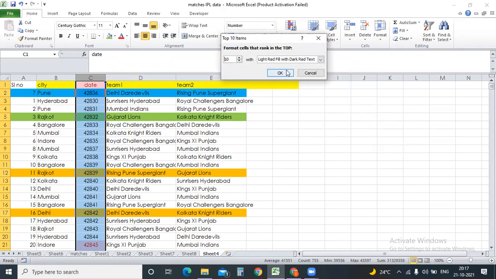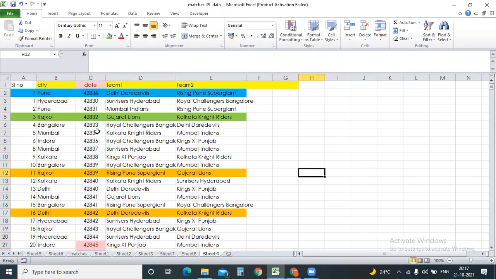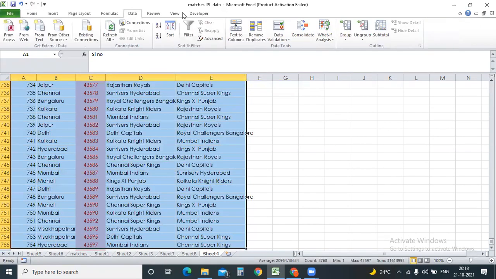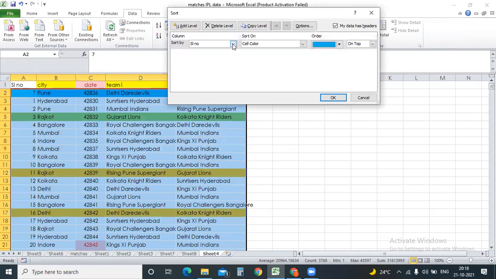Okay. Now I have done multiple conditional formatting over here, guys. Now I need to group everything at one place, because it may be because of top 10, more than a particular value, or less than a particular value, whatever the data we have, and I have highlighted that. Now, how do we group that? Select the data, go to data, go to sort, select the column number whichever you want.